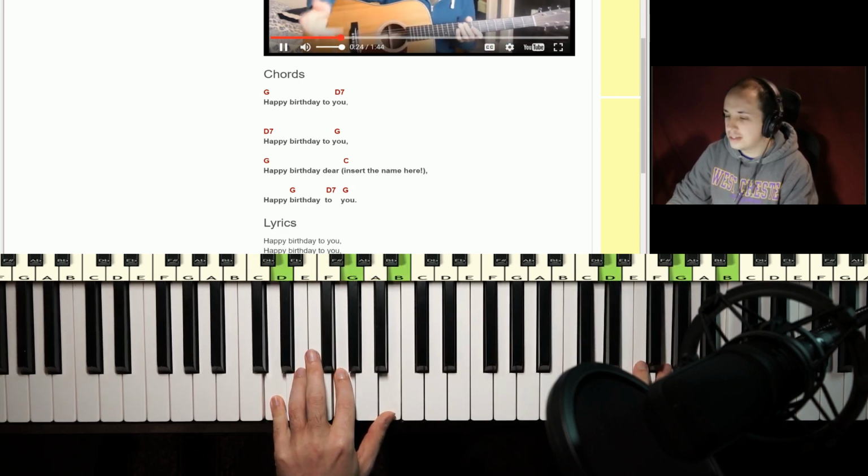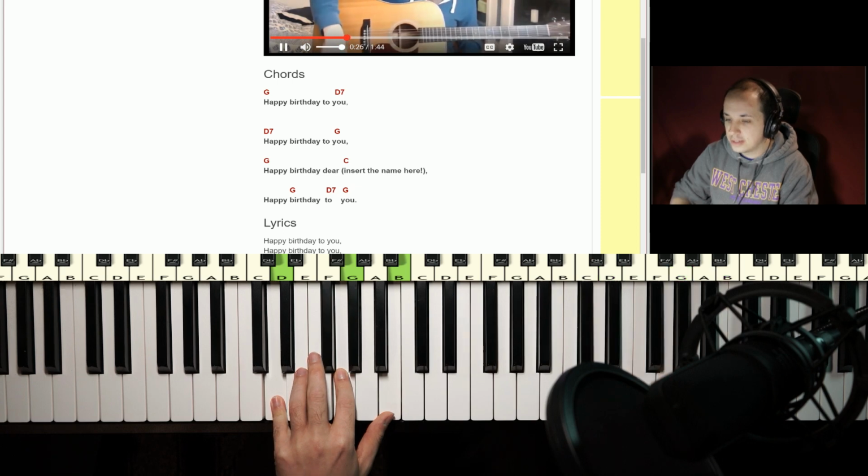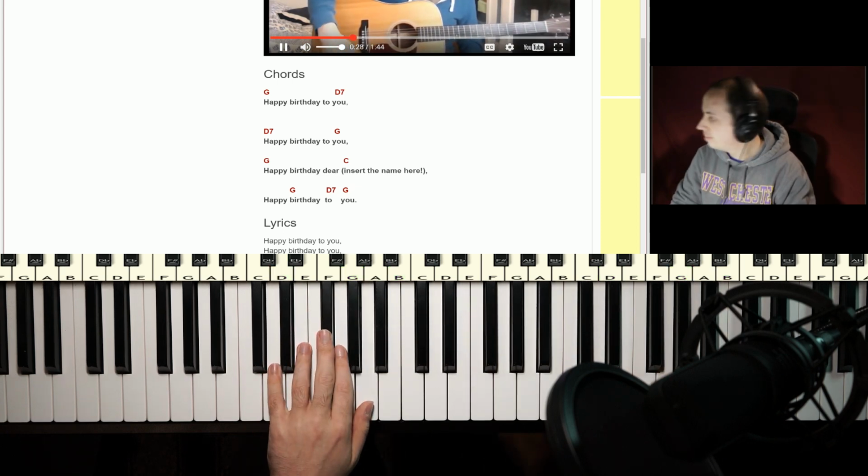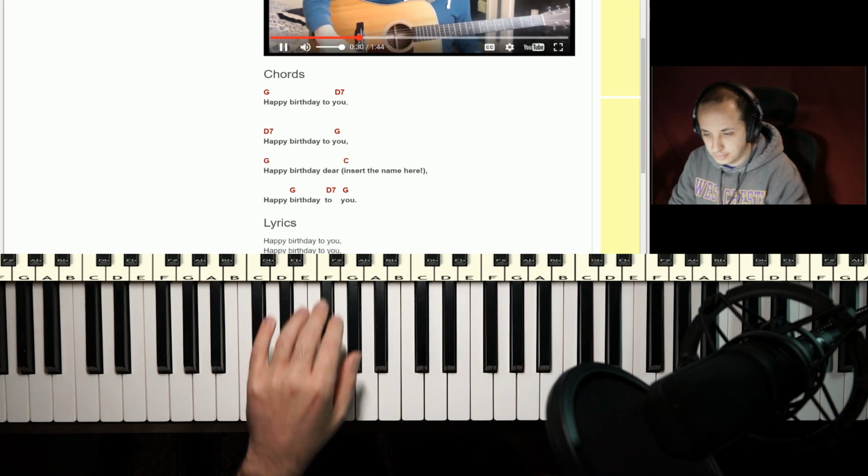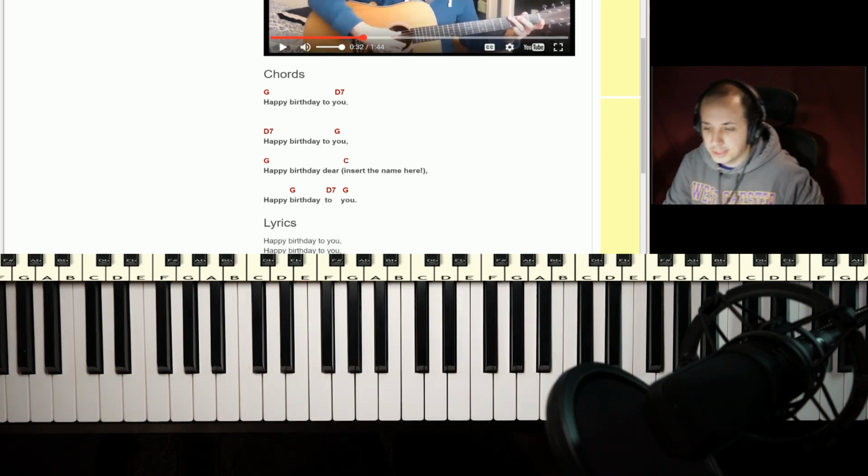Not bad. Only three chords, G, D7 and C, and it's in 3/4 time. So what I'm doing on each chord,